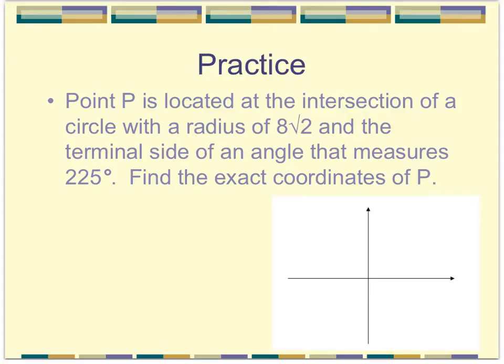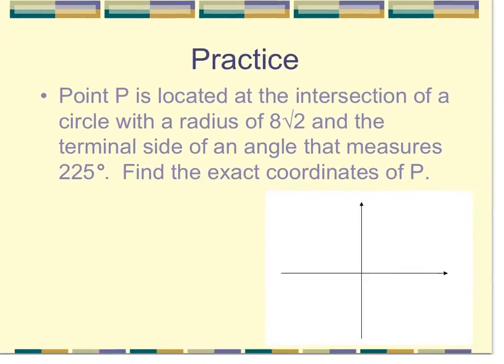Okay, so in this video, this is our last example of finding a specific coordinate that is an angle rotation that intersects with a circle. So we're finding a point on a circle using trig to find that point. We know that the angle measures 225 degrees, and so ultimately, rather than drawing a circle and a rotation,